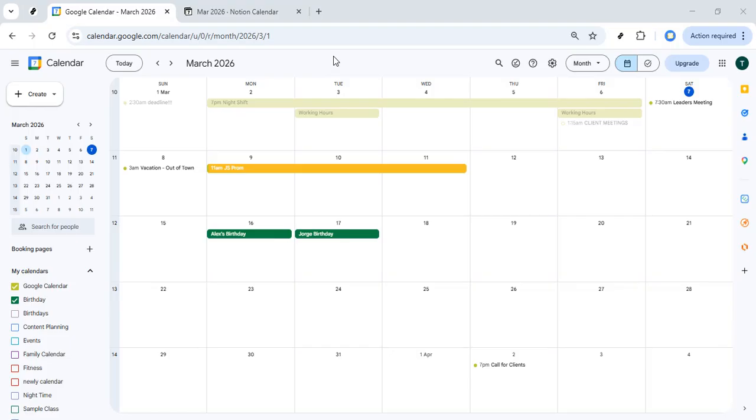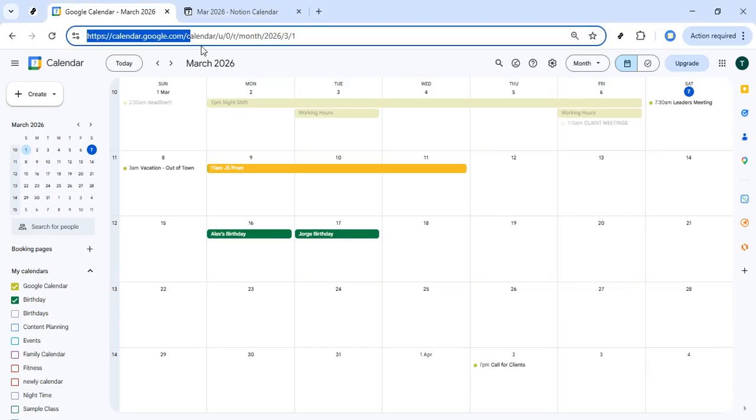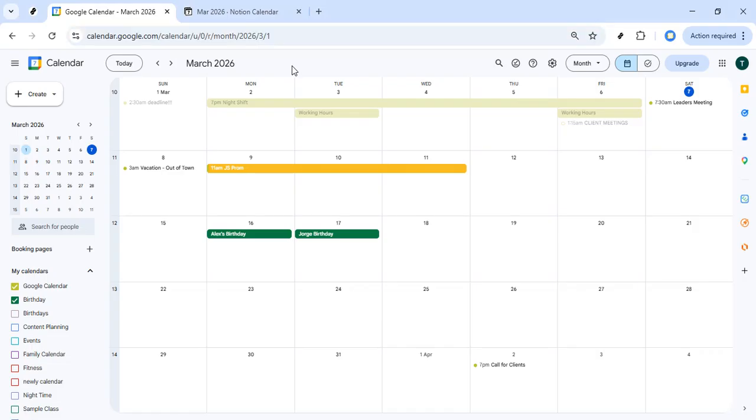First, open your web browser and go to calendar.google.com. Make sure you're signed in with the Google account that's having the sync issues. If you use multiple Google accounts, it's easy to be in the wrong one without noticing. So take a second to confirm you're in the right calendar by checking the profile icon in the top right